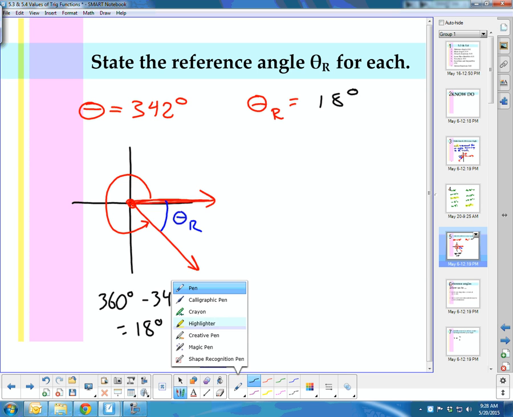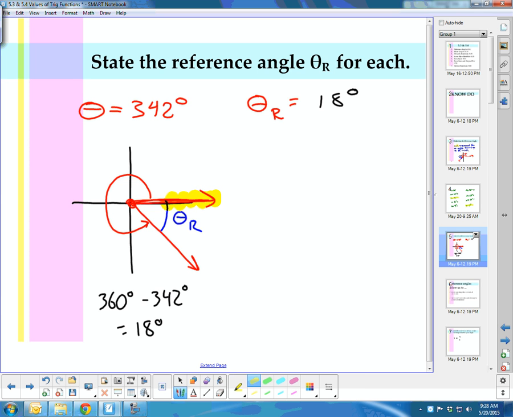Generally, when I'm measuring off of the positive x-axis, I can do additions and subtractions from 360 degrees or 2 pi radians. When I am measuring off of the negative portion of the x-axis, I would be adding and subtracting from either 180 degrees if I'm using degrees or pi radians if we are working with pi radians. So that's one example there. Let's do another